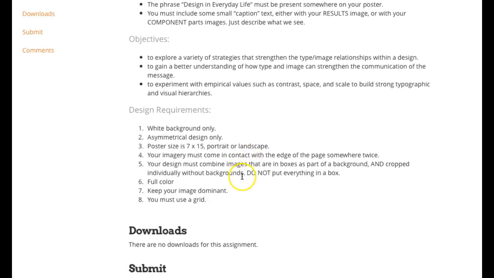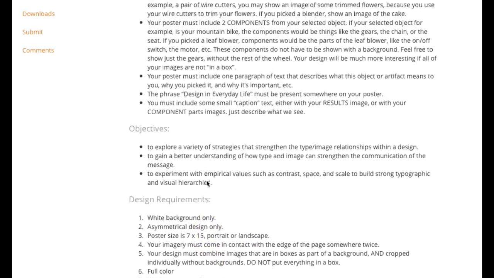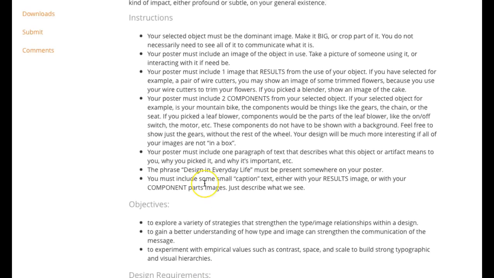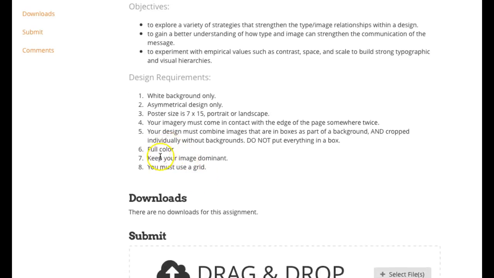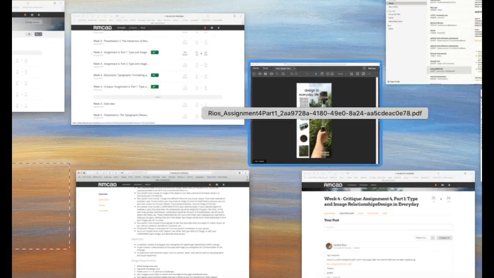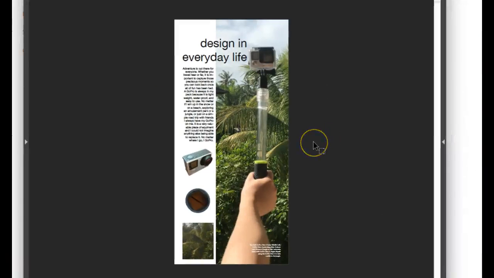Okay, so the one thing I'm thinking here is that your dominant image isn't really dominant, and the one thing I keep going back to is this right here. Keep your image dominant. I know you're in the jungle, and I know you have limited resources, and what you're doing is incredible as it is. So it's awesome. If you can pull this off, it's great. If not, we understand. But your dominant image isn't dominant.